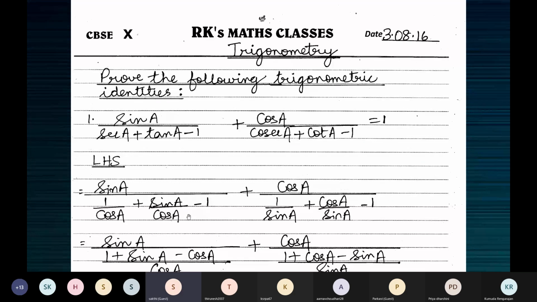We are changing the values with sin and cos now, in the denominator. Okay, so we write secant as... After that, we are taking LCM now. Read out everything. We write secant A as 1 by cos A, and tan A as sin A by cos A. After that, we are taking the common LCM as cos A, ma'am, and we are writing the numerators with that. After that, in the cos A by cosecant A plus cot A by -1,